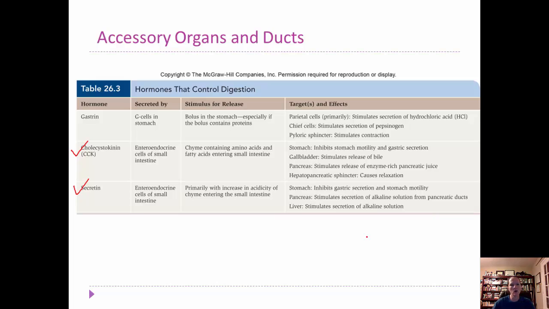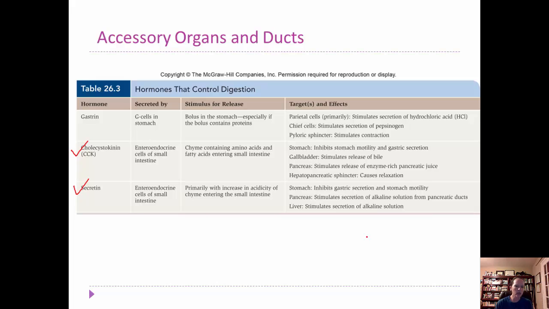So let's first talk about cholecystokinin, or CCK. Again, there is that cholecyst word again, so that is going to refer to the gallbladder. But it actually is not going to only target the gallbladder. It's going to target other accessory structures. The thing that actually stimulates the release of cholecystokinin is when chyme enters into the duodenum. These chemoreceptors are going to pick up that it is high in fats and also amino acids. But really one of the key things is going to be fats here,